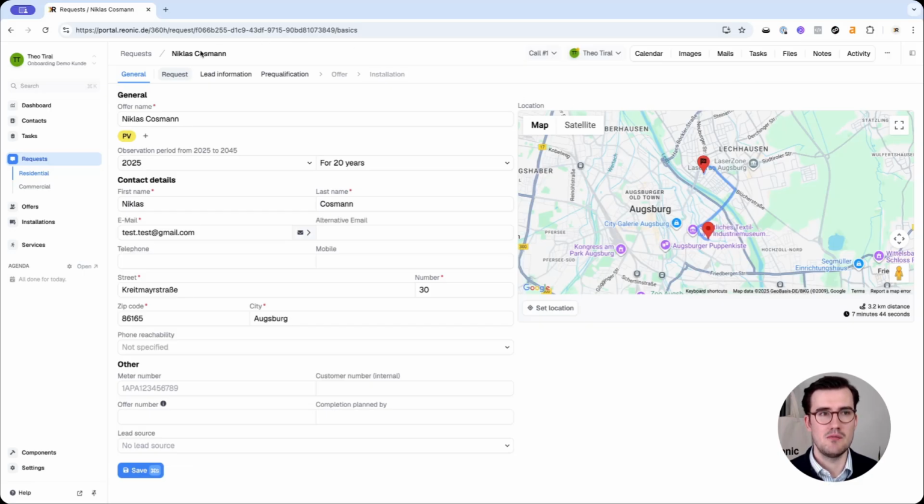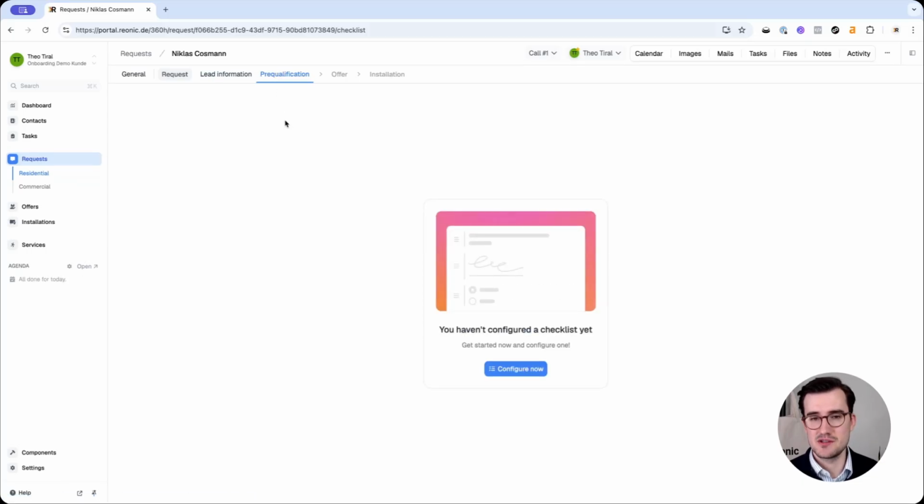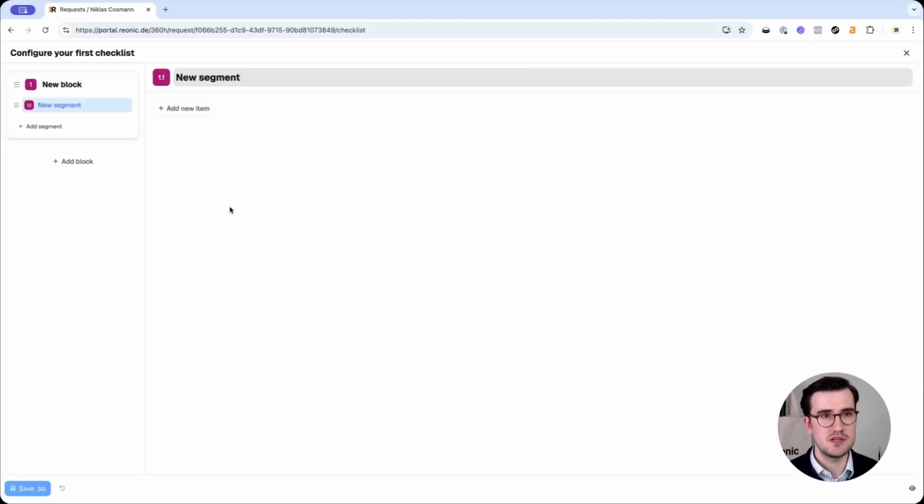And we will move on from general data and move ourselves all the way to lead information and pre-qualification. Lead information is something that is filled out customly if the lead was, for example, imported or created somewhere else. So this is not relevant for us right now. The pre-qualification, however, is. And this is super cool because you can customize this yourself. So there's going to be an entire video on how to configure this, but we can do a very quick one now, which is basically